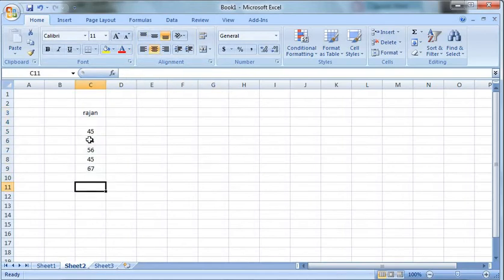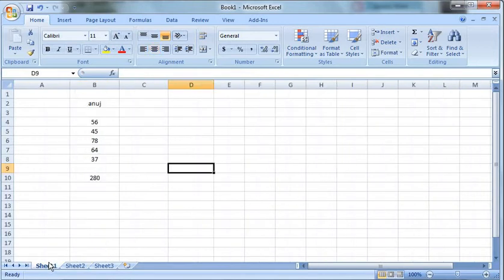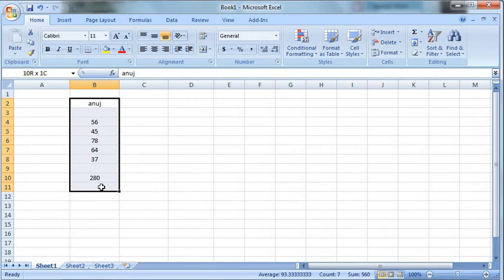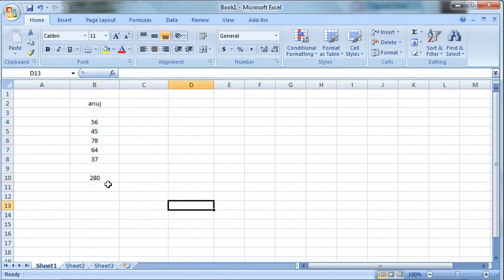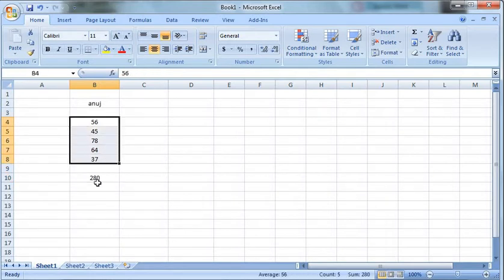So we want the addition of all the marks of Rajan like this only, like Anuj. Here you can see Anuj in Sheet 1. The same thing I want in the case of Rajan also, the addition of all this. So here we are getting the addition of all this, right? So here we have the formula for the addition.